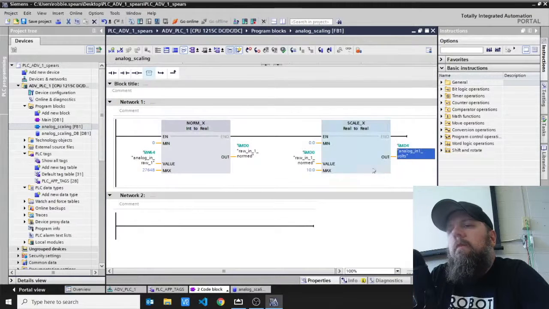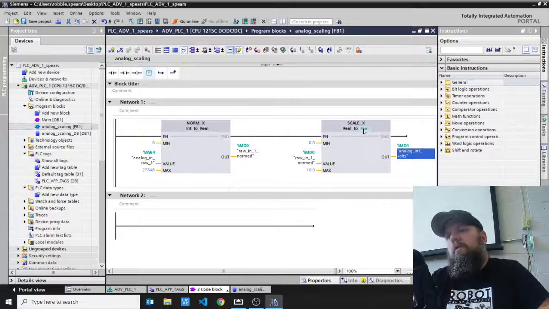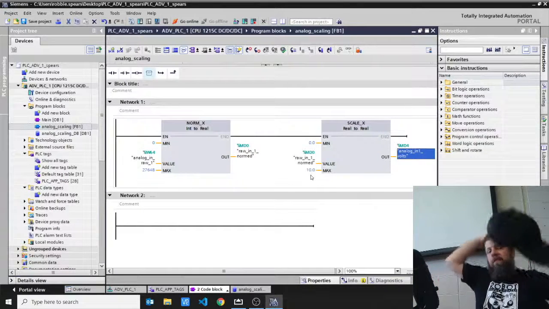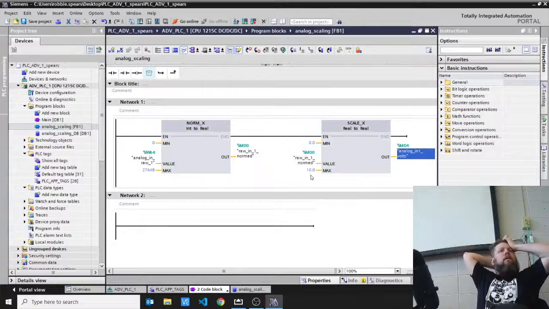Now that's going to blue everything out. Like, so Normet should take an integer into a real, and then Skillets will take a real into another real. So all this does is it converts that count number into a voltage that we recognize. Okay? Now,